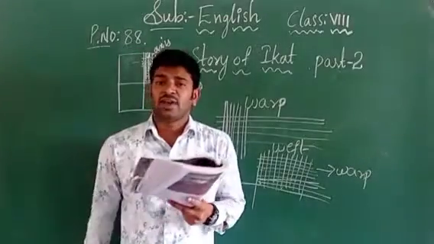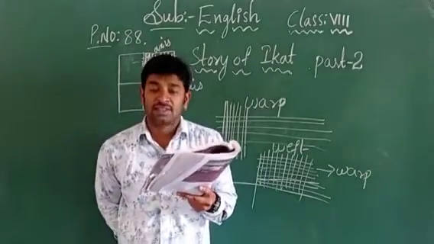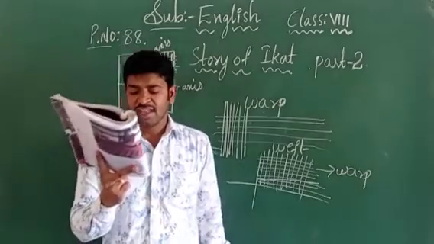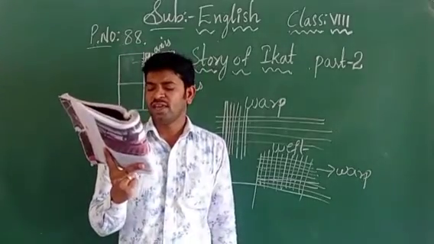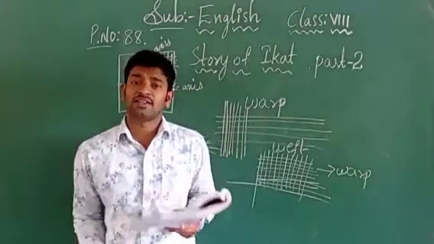Now which fabric has become very famous here? The silk and the cotton fabric have become very famous. She said there are other interesting stories on Ikat. The teacher is explaining. Not only this, there are other stories also.